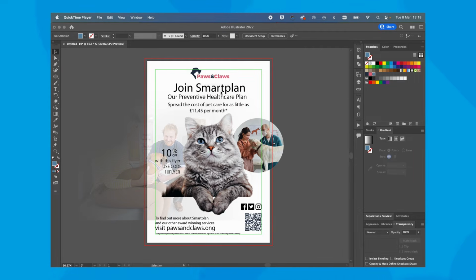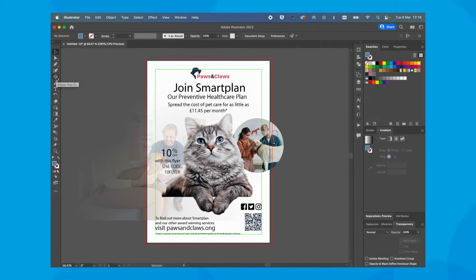So the text has gone in. I haven't designed it in terms of the typeface or the colours, but I just wanted to get an idea of the size and the hierarchy. So we've got the headline, call to action, and this offer here, which are the main things. And now I just want to throw in some containers for some of this information. So I want a rectangle that sits at the bottom here to contain all this text and for the paws to hang over. So let's do that first.